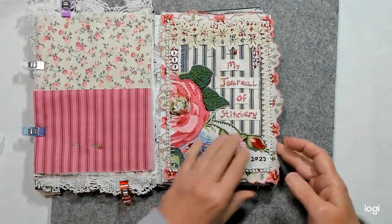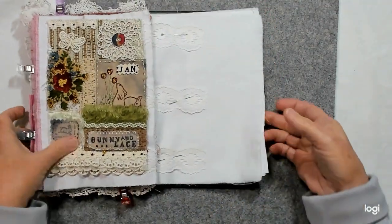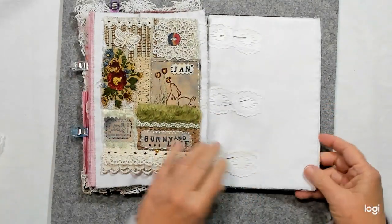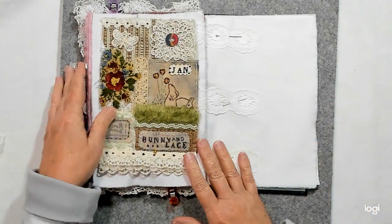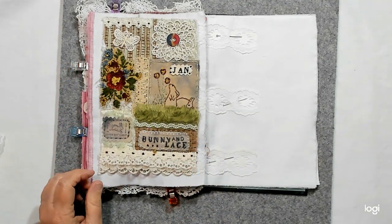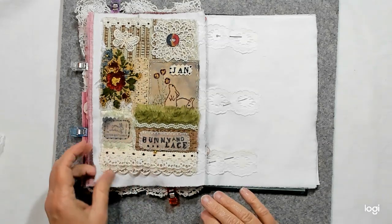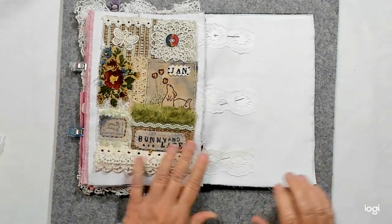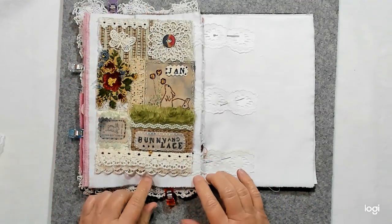let me go back here to, I don't remember. I don't think I showed this page that I did. I know that I took a picture of it and posted it in the Facebook group, but I don't know if I made a video or not. If I did, then you can just move on, shut this off if you don't want to watch it again. I can't remember. I'm having a senior moment on that one. But I don't really think that I showed it, but I could have. Anyway,